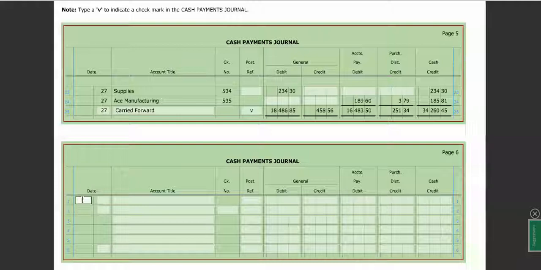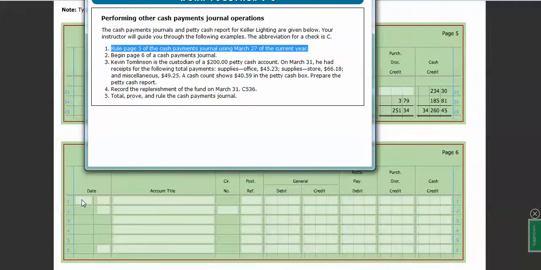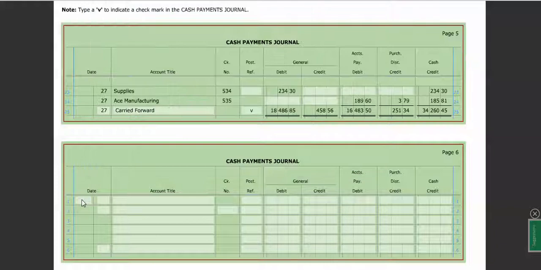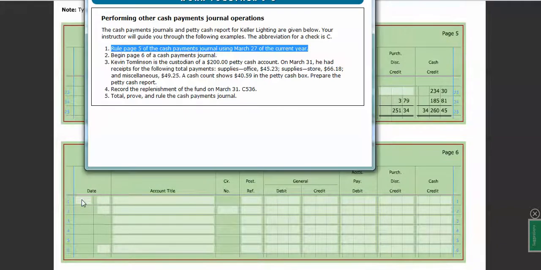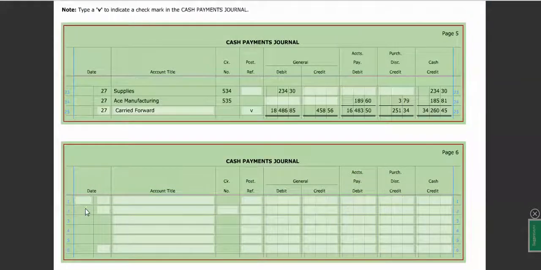So what we're going to do then is begin page 6 of the cash payments journal. In this example, we are looking at March, so we'll do March 27 as our date here, and then this is going to be our brought forward. Our post reference number is going to be a check mark, and all I'm going to do when I bring it forward is 18486.85,